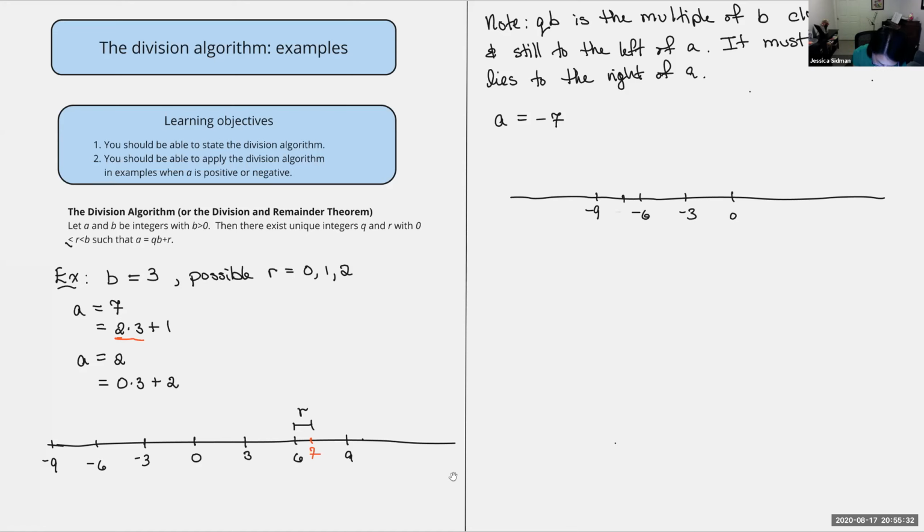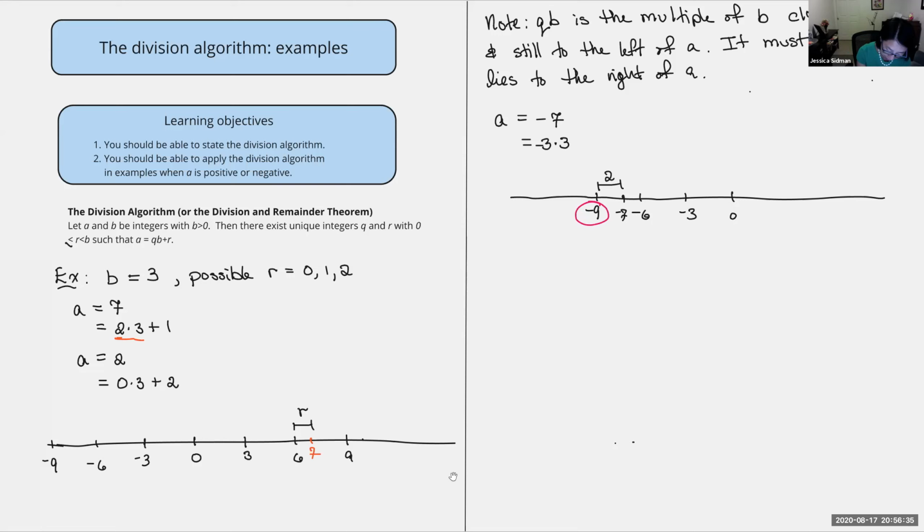Okay, so what I want to do, let's think, where's -7? -7 is someplace right over here. And this note that I just wrote tells me that QB is going to be the multiple of B closest to -7 and still on the left. So if I follow that rule and I try to find QB, I'm going to circle it in red, -9 is my QB. So when I go to write -7 as QB plus R, it must be that the Q is 3, or no, sorry, -3, and the R, again, I take my -7, the number on the right, and I subtract off -9, and I get a distance here